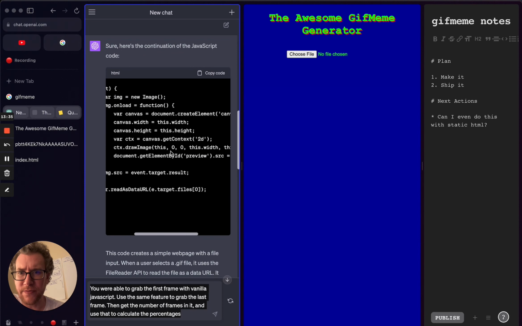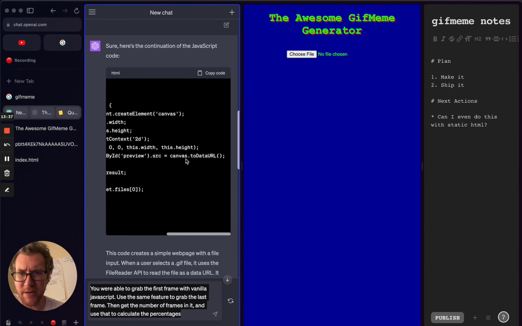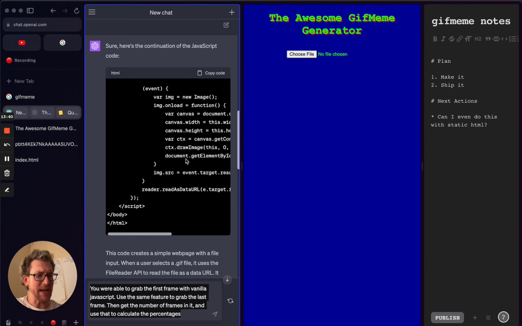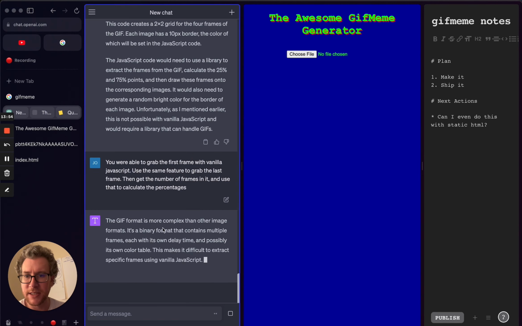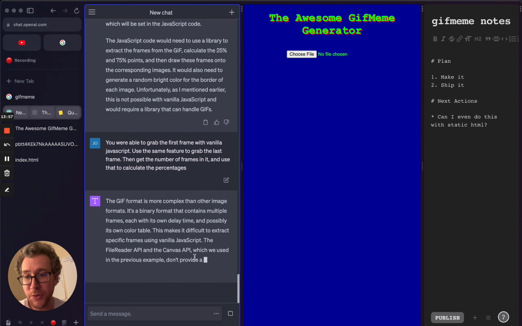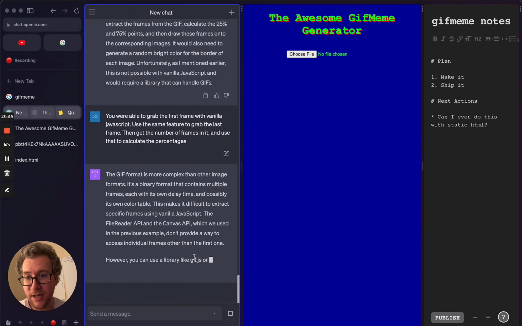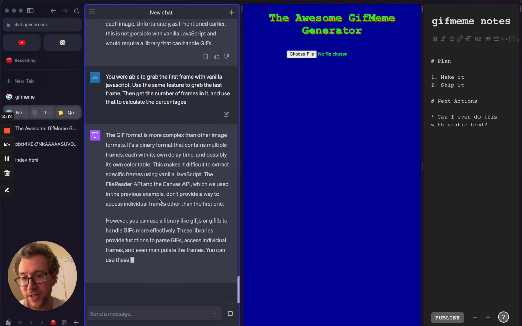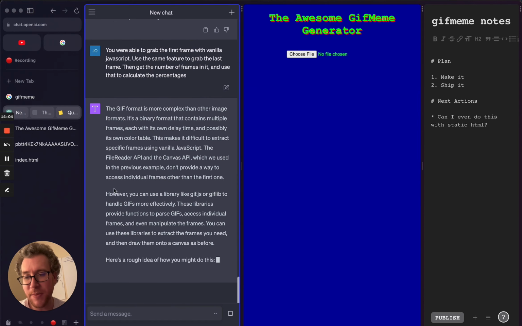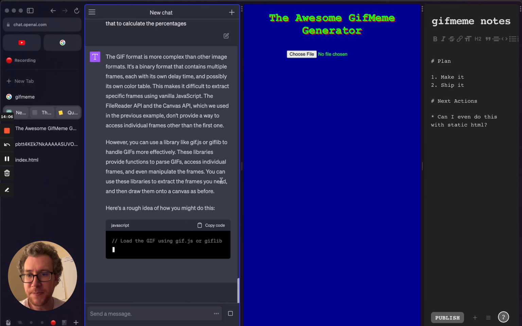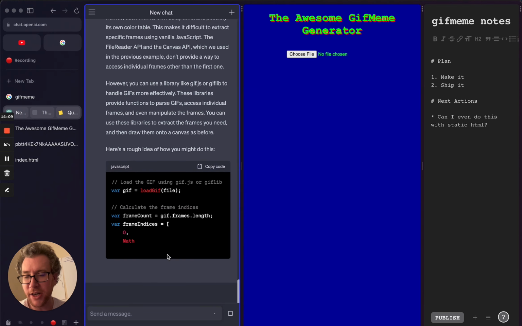I don't know if this 00 is the frame or something, but I'm imagining that maybe there's a way to just get the frame, and if you can get the first frame, couldn't you get the last frame, and then couldn't you calculate? This might not actually be possible, but I'm going to try to get it to say that it is. It is definitely pushing back, so we might need to get one of these GIF libraries. It'll probably make it easier anyway. All right, I'll go get the library.